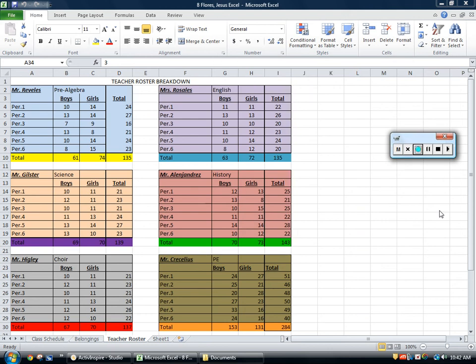Hi, this is the directions for the teacher roster charts. Now previously you completed the tables and the data should be entered, formulas calculated, data formatted, everything should be good, done with that. The next step is to turn each one of these tables into a chart, a customized chart like we learned